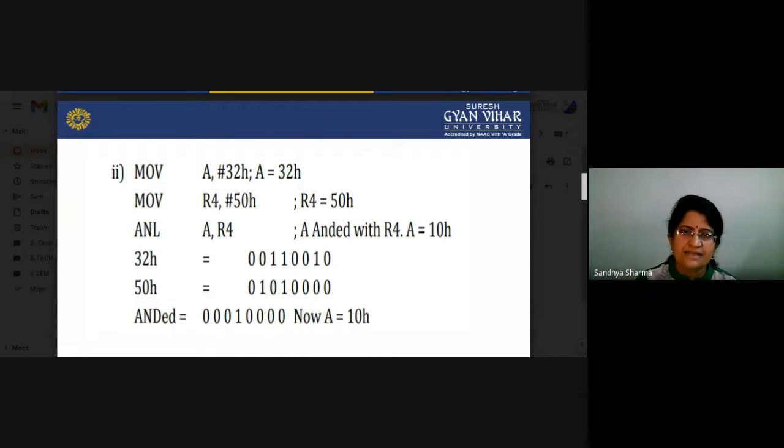Another example: if you have given 32H data in the accumulator and you move 50H into R4, so R4 is equal to 50H, you can again apply the ANL operation, A ANDed with R4. In the accumulator you have 32H, which you can write in bits, and in R4 you have 50H data.